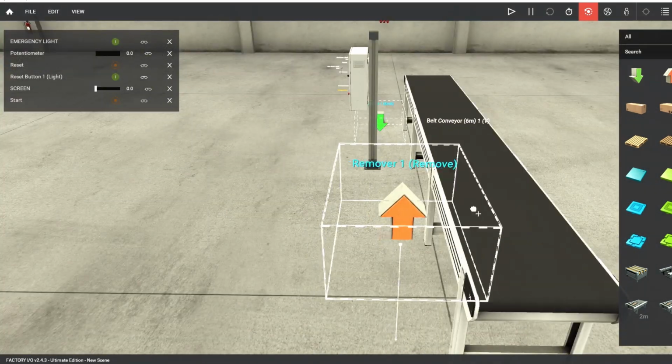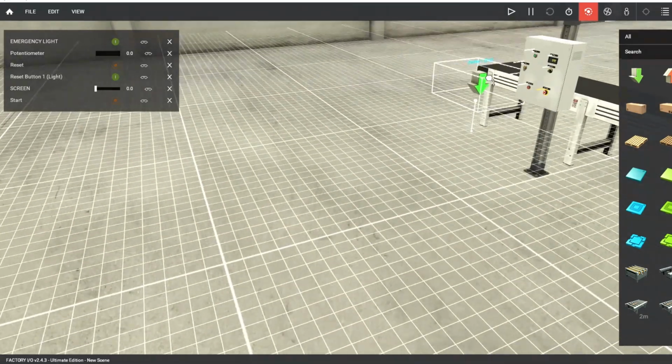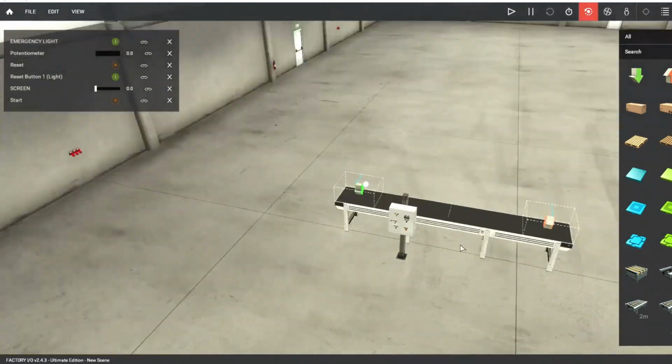I'll show you how to create the TIA portal logic control, connect it to Factory I/O, and run the project